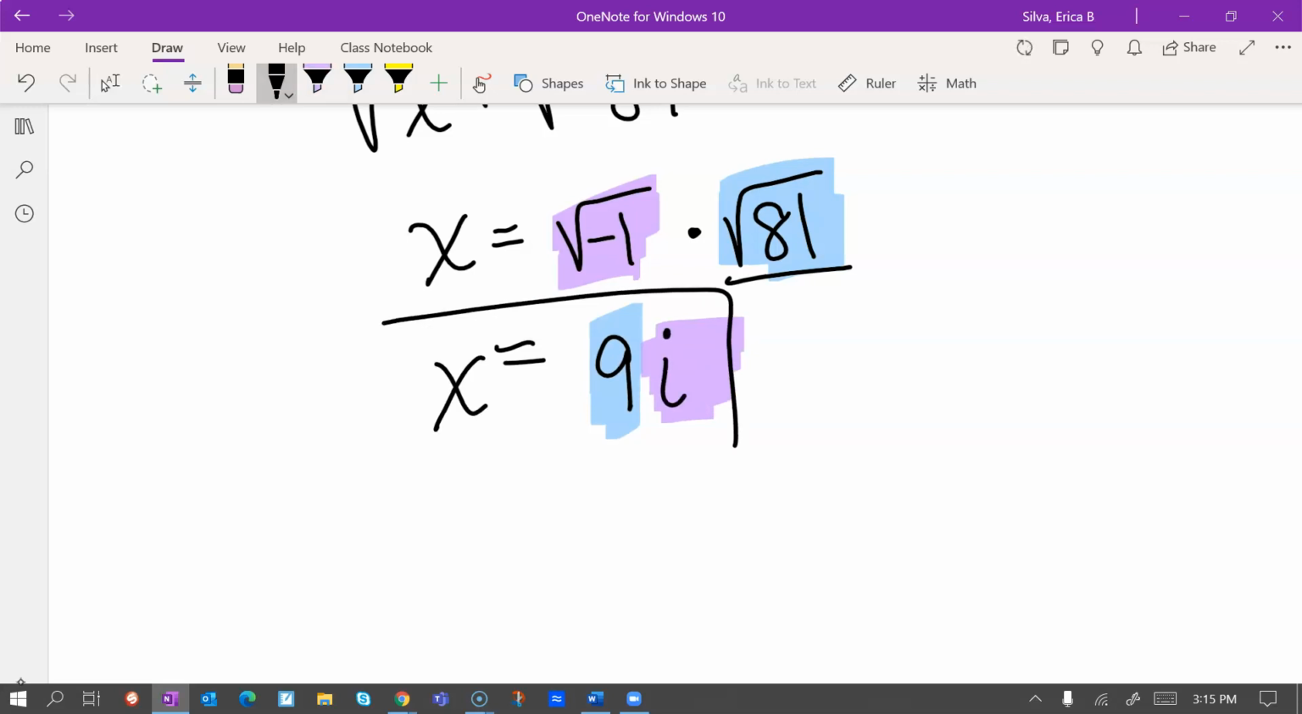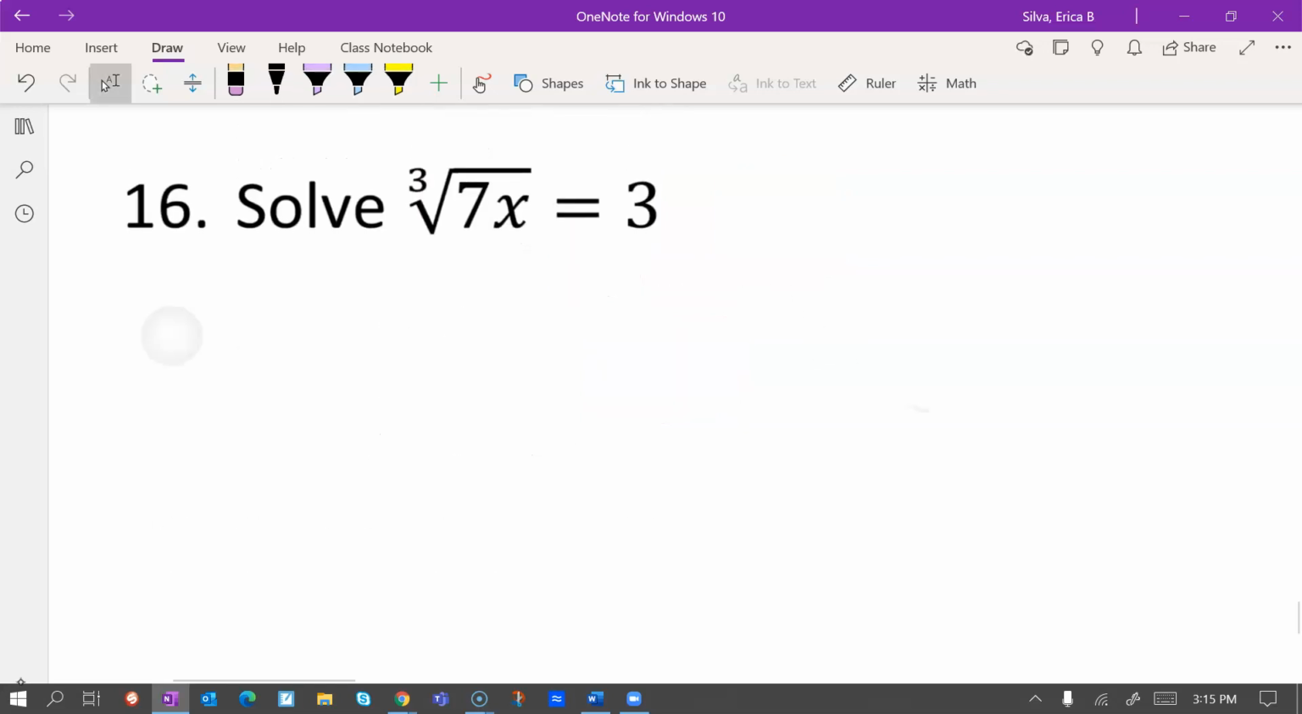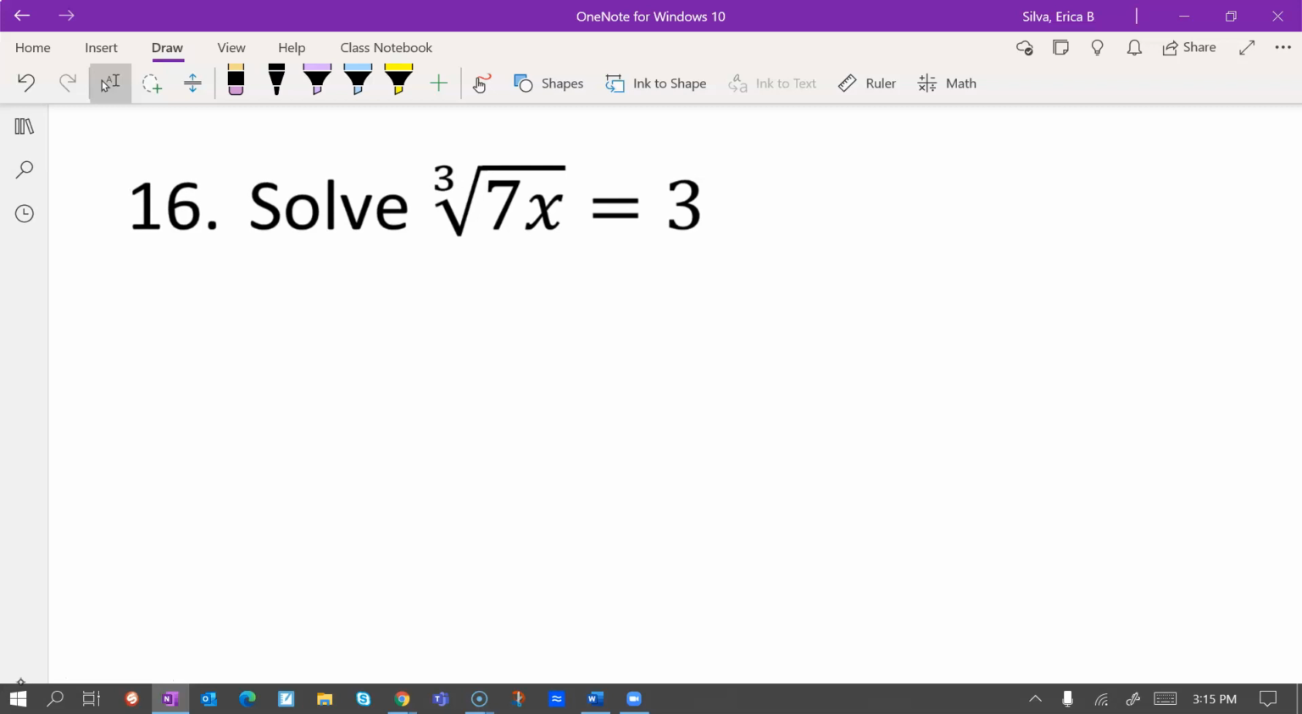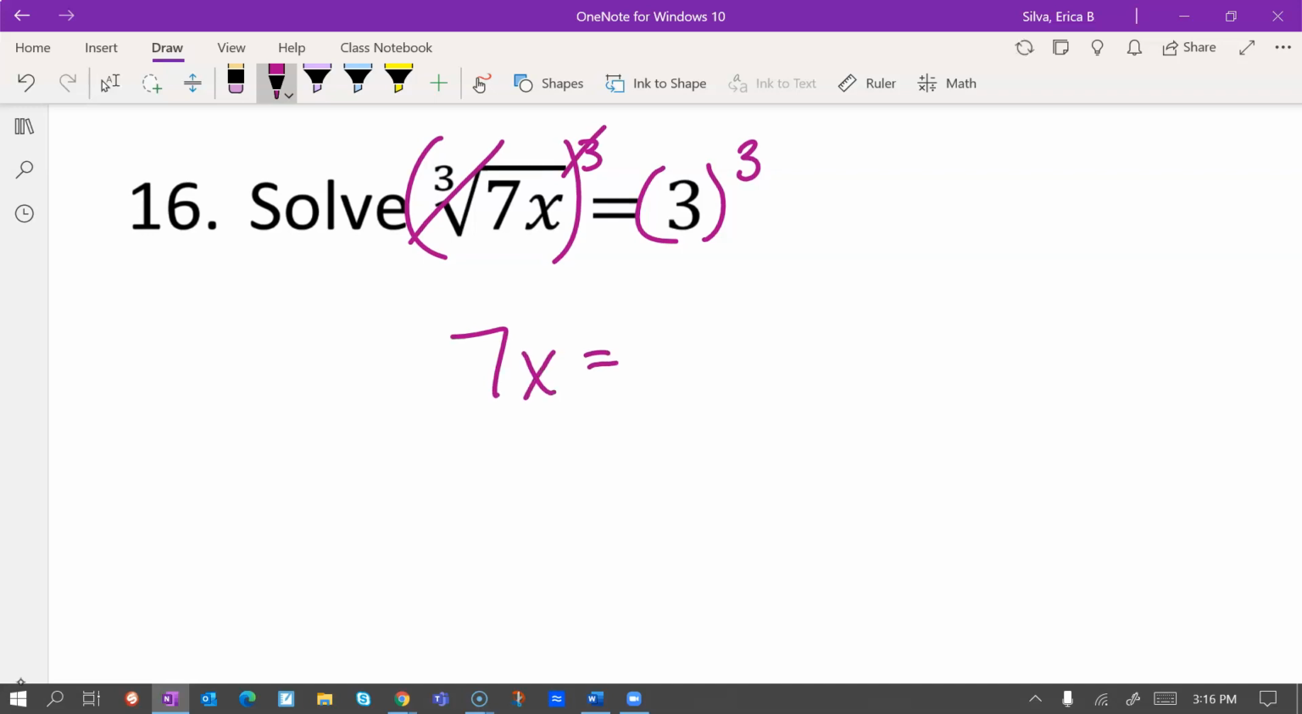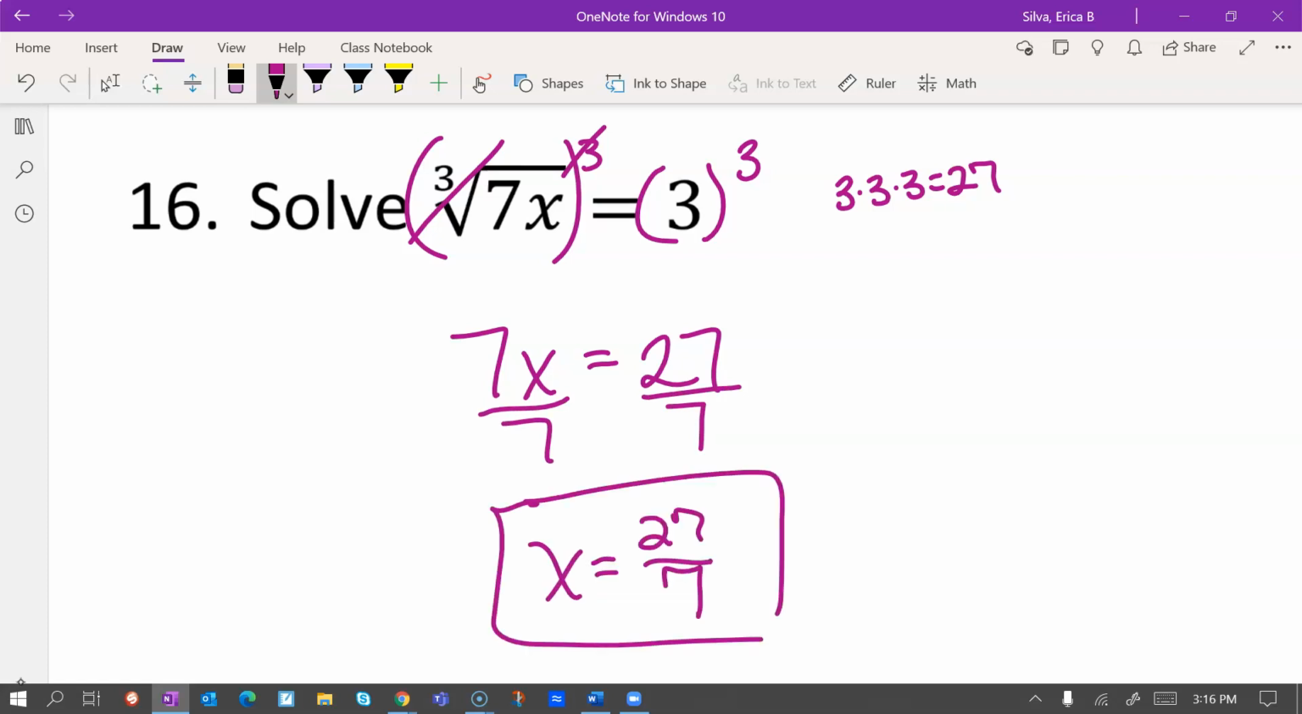So x is equal to 9i. And the last one. Whenever we're solving and it has a square root or a cubed root, we want to do the opposite, the inverse. The inverse of the cubed root is to cube it. This cancels this, so we have 7x, and 3 to the third power is 27. Because 3 times 3 times 3 is 27. And then we divide by 7. And any questions? All right, that's